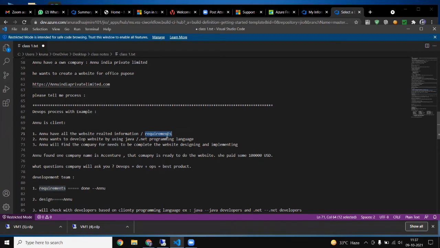So first we will ask for the requirements, and after that Anu wants to develop a website using Java or .NET programming language. In our requirements, the second topic is which language you want to develop your website or your company in. So the first is our requirement, and the second is with the help of which language we have to do it. And the third one is that Anu will find a company to implement the website